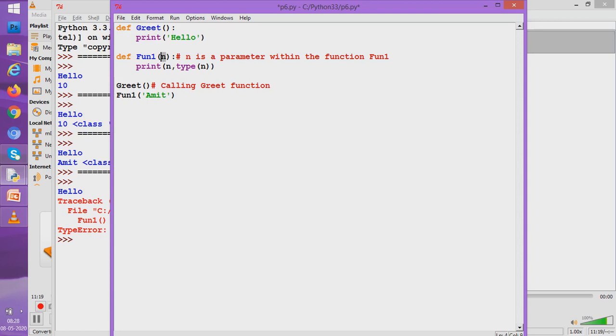Whatever you actually send is known as the actual parameter. So n is not just a parameter. It should be called a formal parameter. And what is Amit here? Amit is a string. You can send an integer, as you saw. Whatever you send is known as the actual parameter.